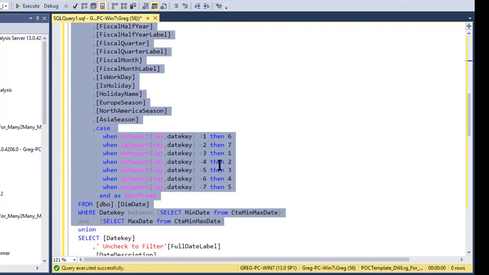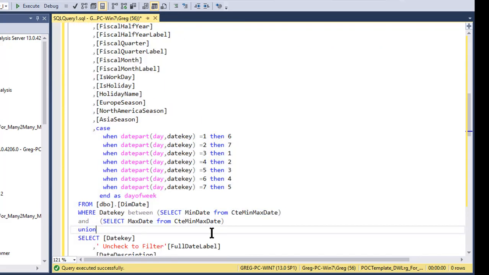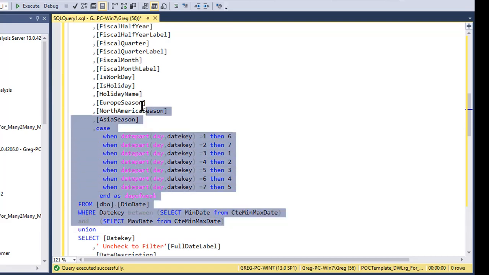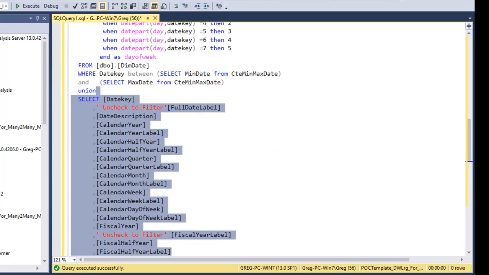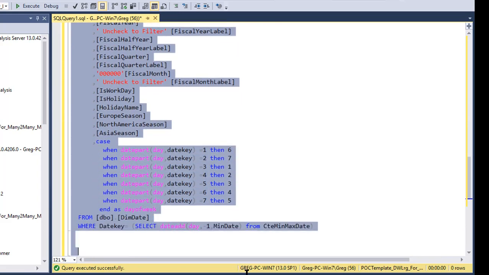Okay, but I needed something that I could uncheck when I do the filter because of the way this default member thing works, where it doesn't like having that checked, and if it's checked, it acts very weird. It doesn't act consistently. Okay, so what I did was I took all the dates that really count, then I took a union, and I union